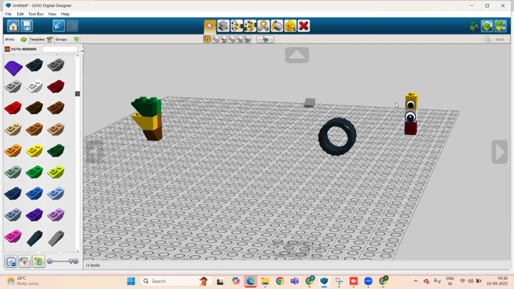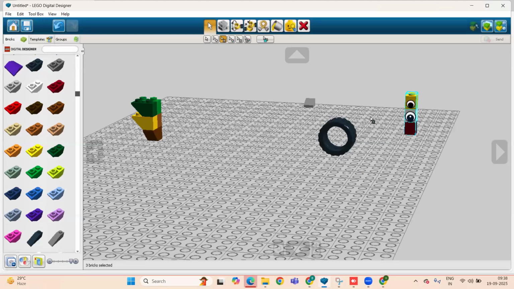So if I'm using the connected selection tool, students, you can see the difference. If I'm clicking on this part, you can see it will select all those connected parts with the red brick, not this one, right?